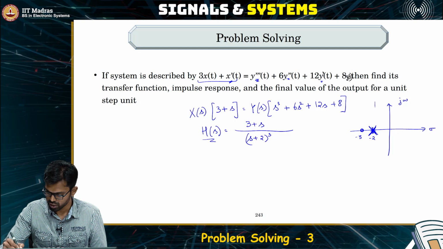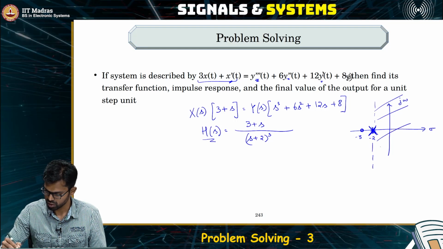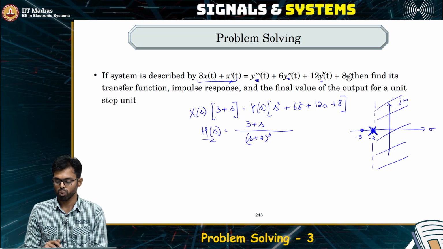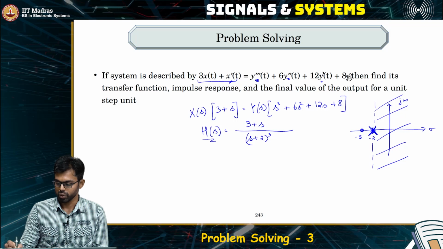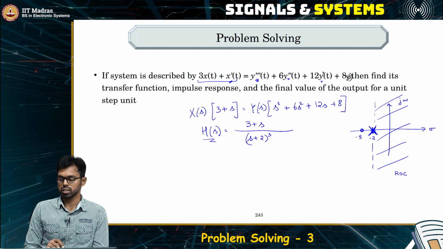So the ROC here is to the right of the rightmost pole. So this is the ROC. So we have the ROC, we have the pole-zero plot, and we can also immediately say, look at this